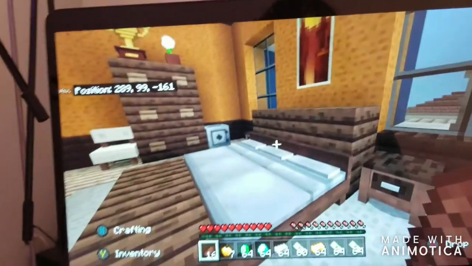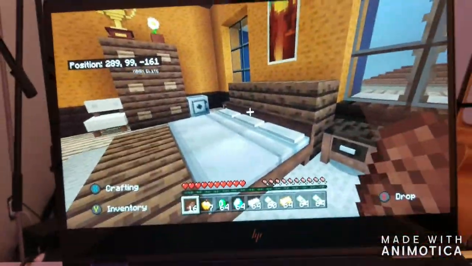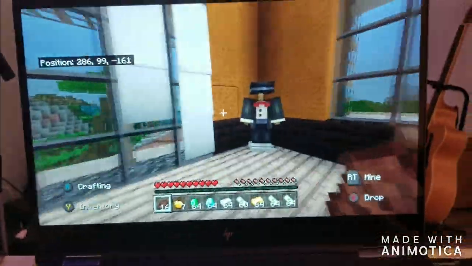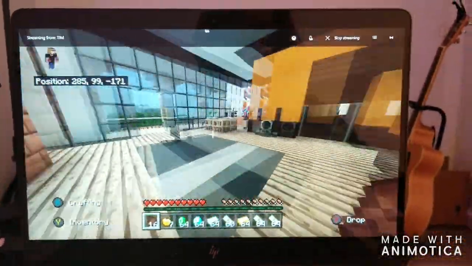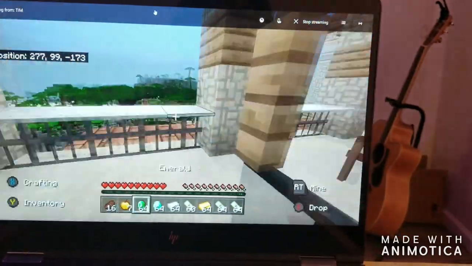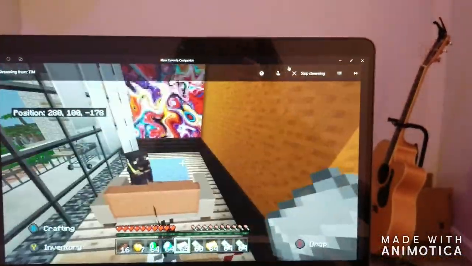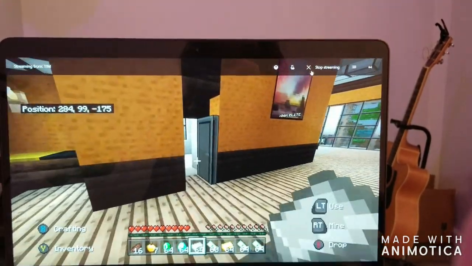Now you just give it a second. My brother's currently using the Xbox right now, so that's why it's moving and all that. But look, as you can see, if I move my mouse, I'm streaming from my Xbox to my laptop and using my USB microphone in my Xbox party. So if I click stop right here,